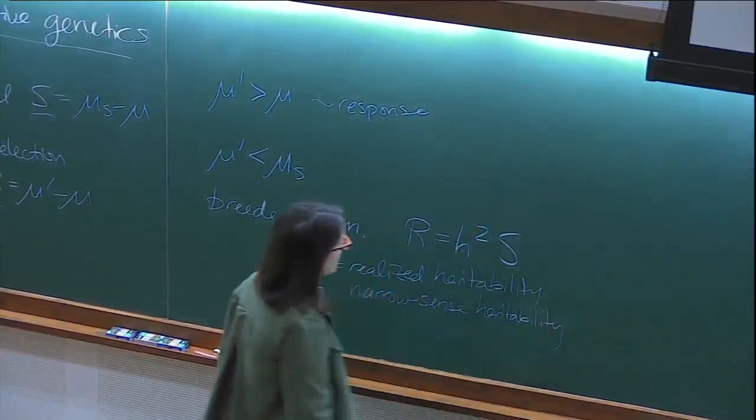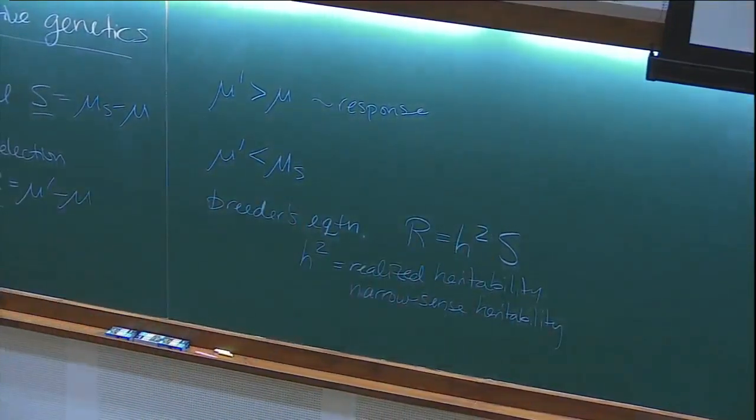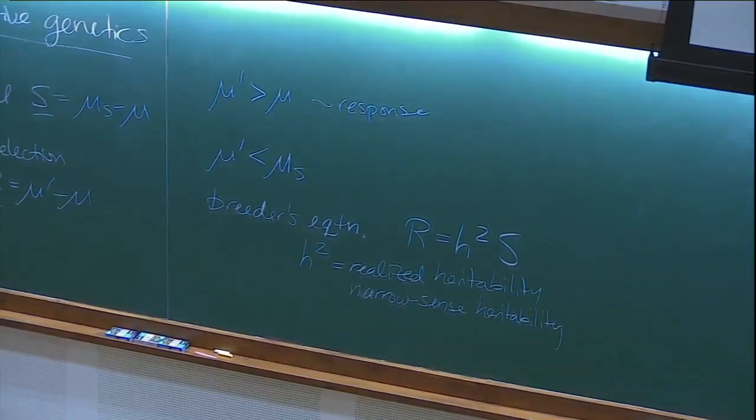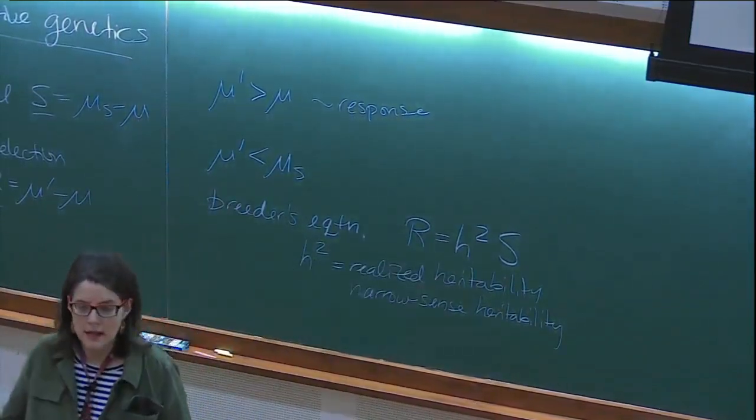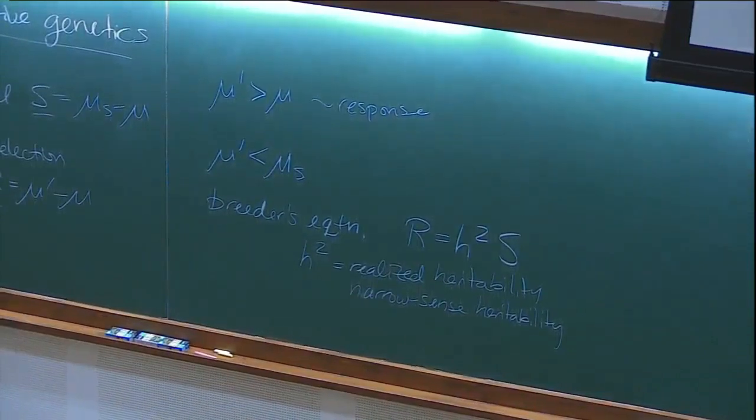And we'll see later that under a couple of different models that we can think about, this quantity basically tells us how much of the variation that exists for this phenotype is the kind of genetic variation that can be passed on to offspring. The additive genetic variation, we'll call it. So we're going to talk about different ways of defining this. You can actually calculate a heritability from a simple selection experiment. So you can take a